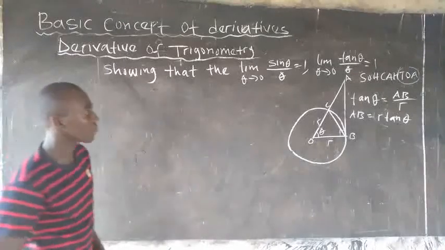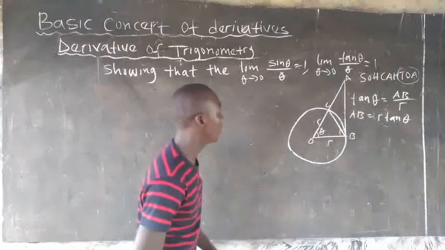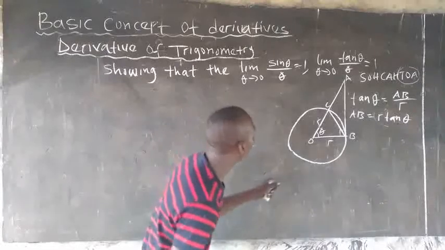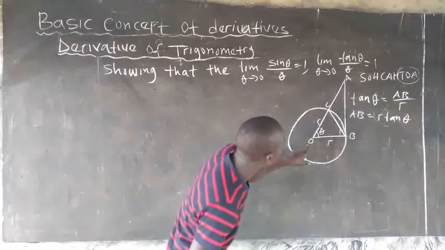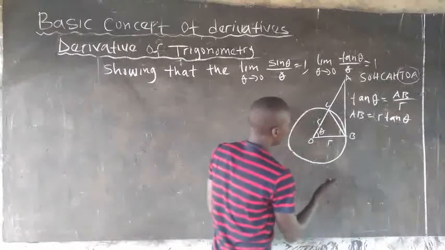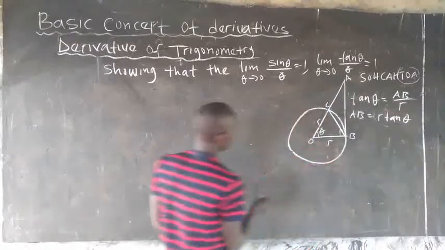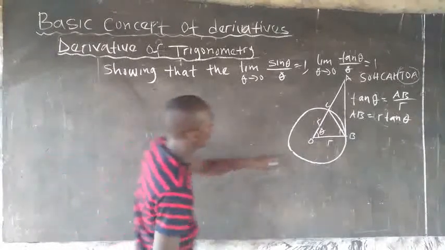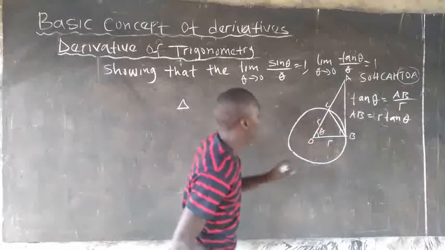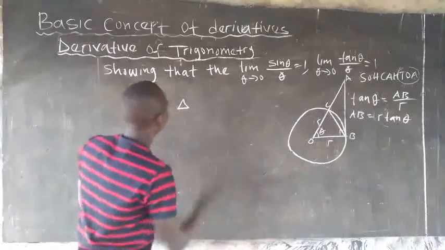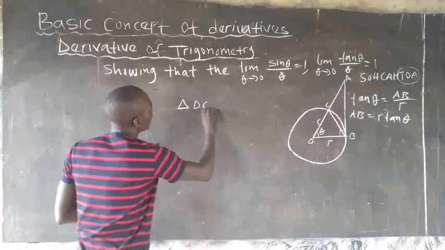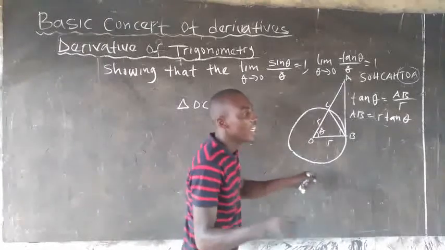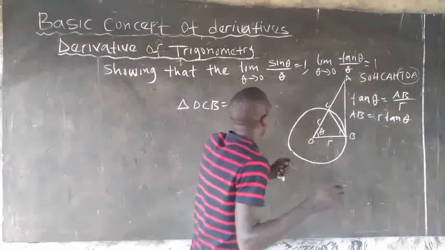So considering this diagram again, I'll bring out three things in this diagram. Number one, I'll be considering triangle OCB. Triangle OCB. Don't forget, under triangle,